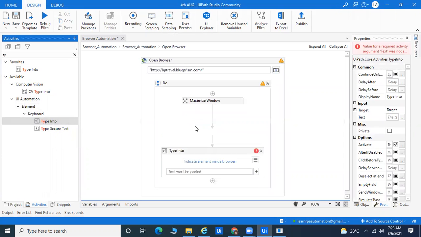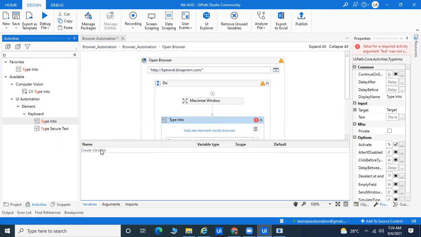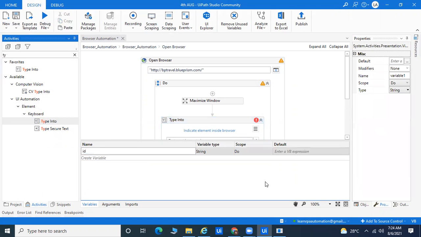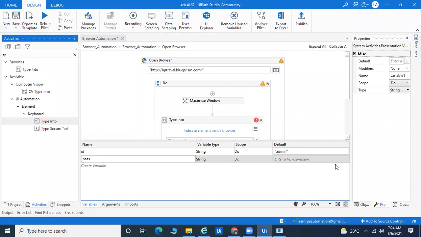Right now I am creating the variables ID and password. I'm creating this variable as ID, and inside the double quote I'll pass admin. This is the password, and suppose this is also admin.